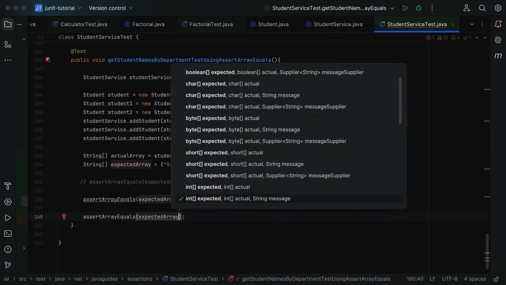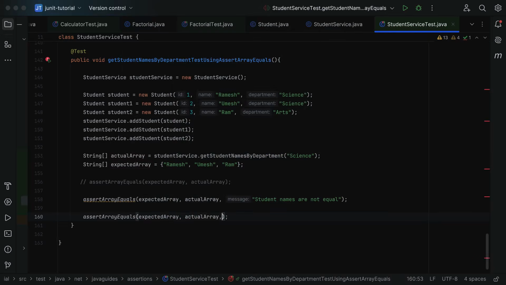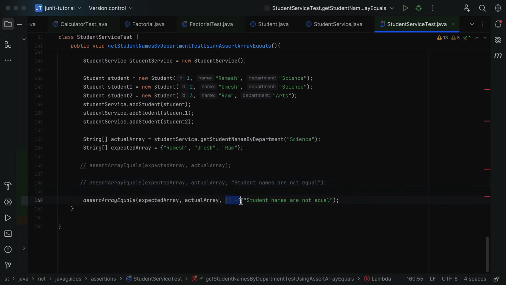Just pass the expected array and then the actual array, and then let's use a Supplier as the third parameter. We have to use a lambda expression to implement the Supplier functional interface. So here is the lambda expression, and within the body just pass the message. Before that, let me comment this out. Alright, so this Supplier interface implementation will be evaluated lazily. It means whenever this test case fails, only then will this logic be executed